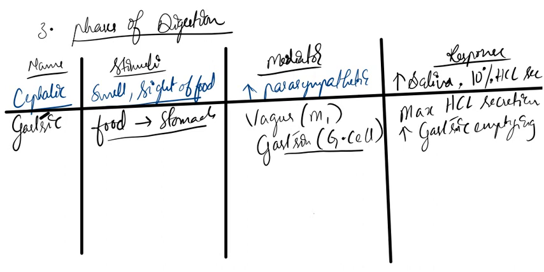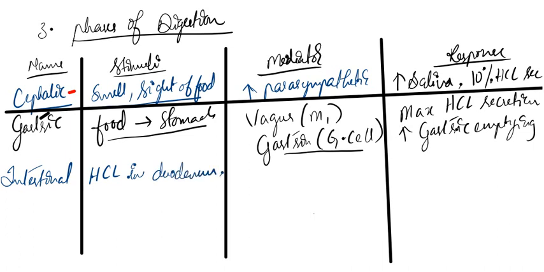Okay, so now I think you can understand this: the cephalic phase, then the gastric phase. Then comes one more phase. What is the final phase? The intestinal phase. So what happens in the intestinal phase? Here, the rest of the process which occurs in the small intestine and large intestine, until the climax at the rectum or anus. What happens is, the HCl present in the duodenum is the stimulus,